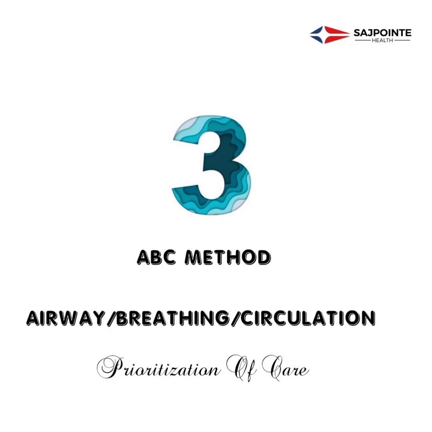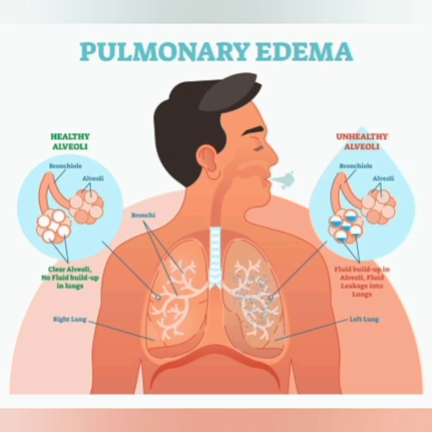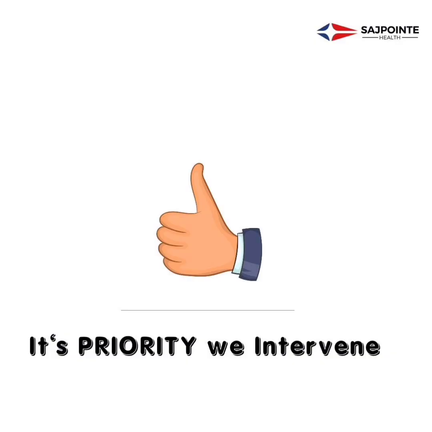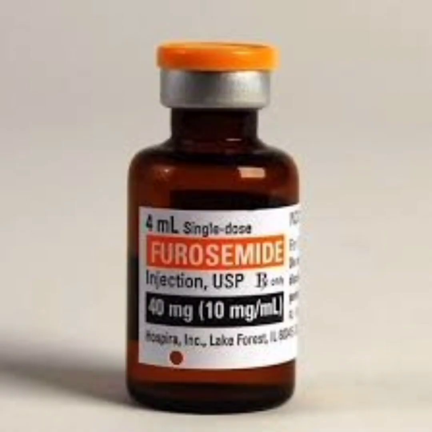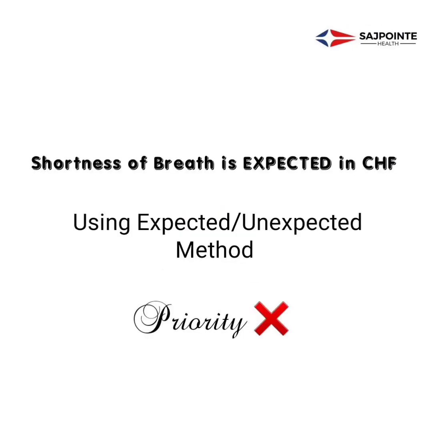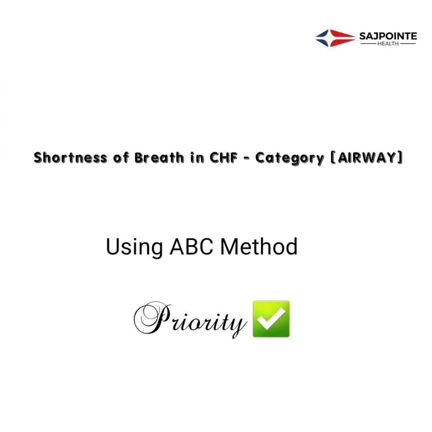I mean, this patient could be down with pulmonary edema, could be down with pleural effusion. So there has to be an immediate intervention to help this patient feel better at that point, or to breathe better. So you want to give Lasix, you want to do a chest x-ray, you have to do something, you have to intervene. So using the expected and non-expected method, shortness of breath in CHF will not be a priority for me. But when I'm using the ABC method, it will be priority